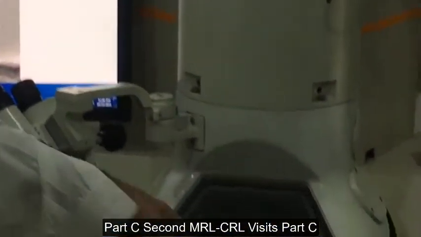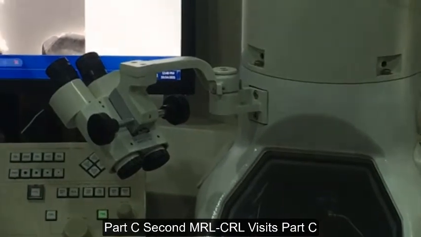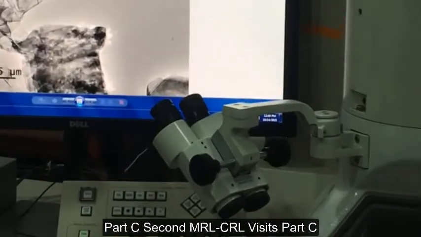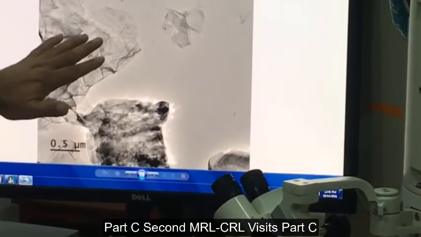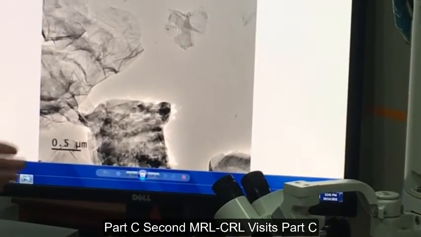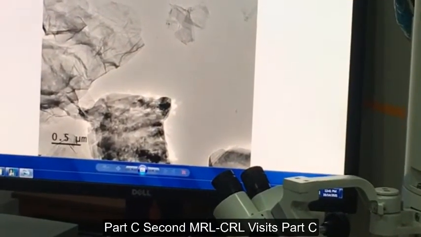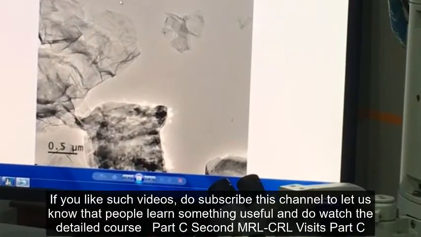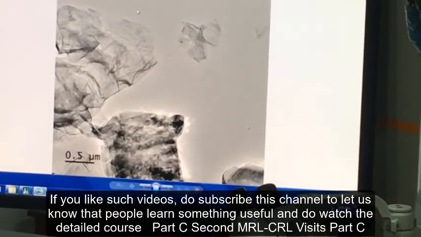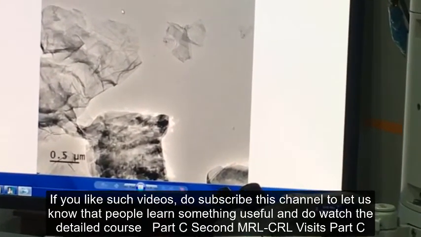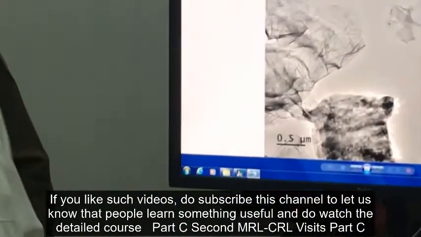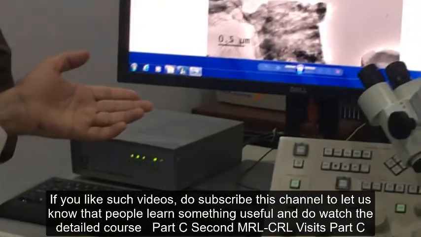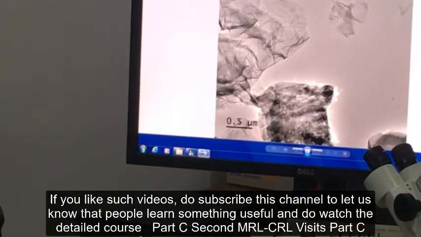You see this screen now, right? And wherever the sample comes, it gives you a shade because it is partially transmitted. If that transmission is not there, then you can't see anything. If you go to the darker regions, thicker regions, then you will see nothing inside it. So it is totally because of the transmission of the beam. That is why sample preparation is the most tedious part of electron microscopy. This is also a shortcoming, that sample preparation is not very easy.